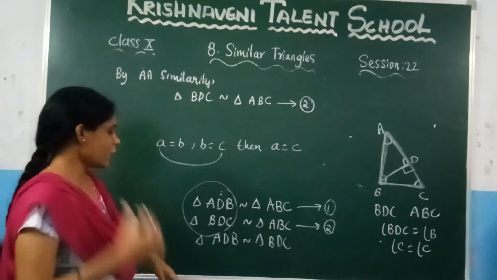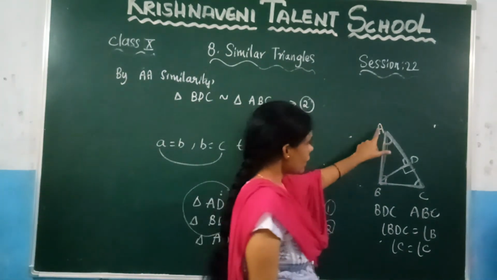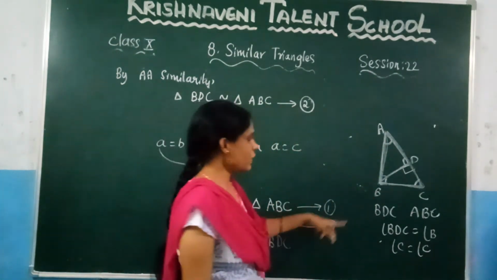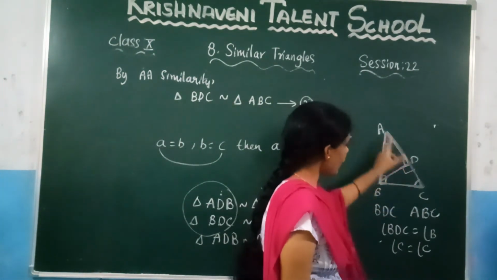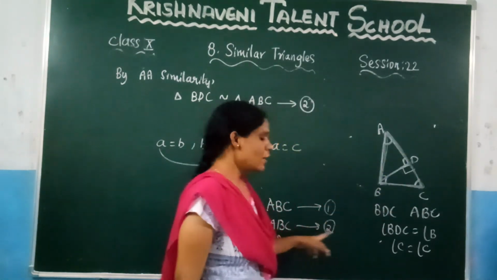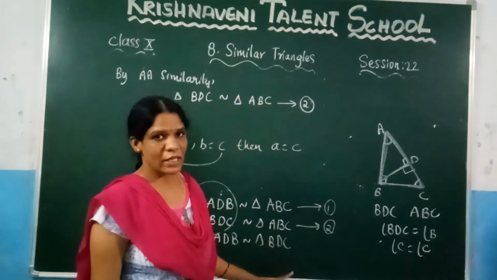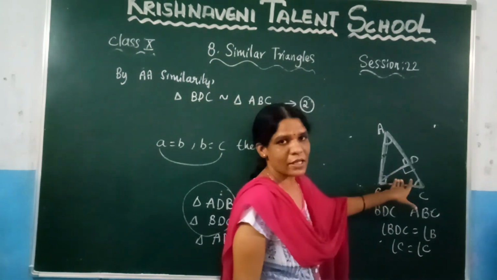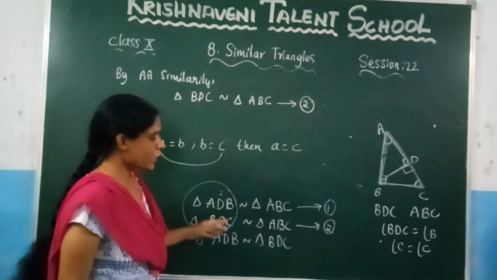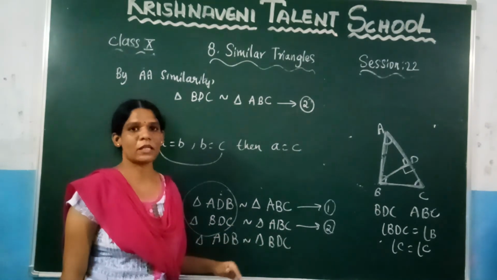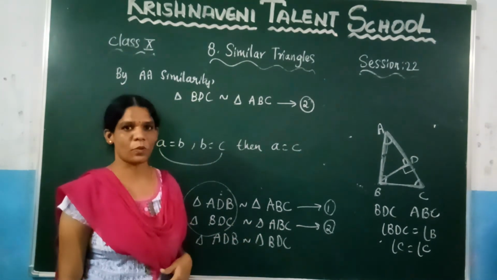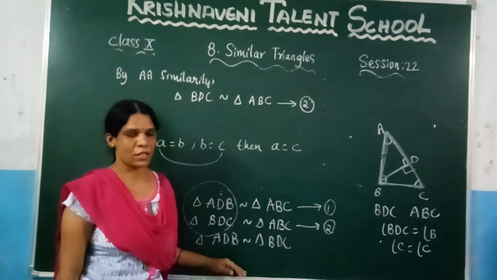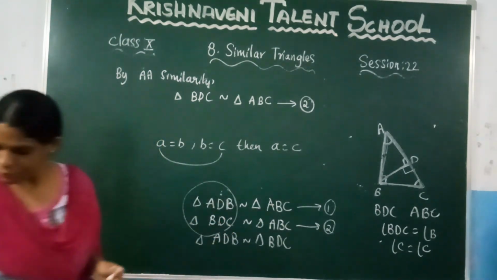So we have proved here the smaller triangle is similar to the bigger triangle. This is equation 1. And again we have proved here the smaller triangle is similar to the bigger triangle, which is equation 2. And we have proved here these two triangles are similar, which are the smaller triangles. Now here we are going to use this theorem to solve the problems in exercise 8.3. So let us understand this theorem and practice well. So here write it here.